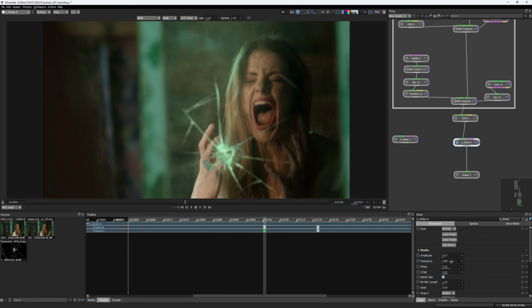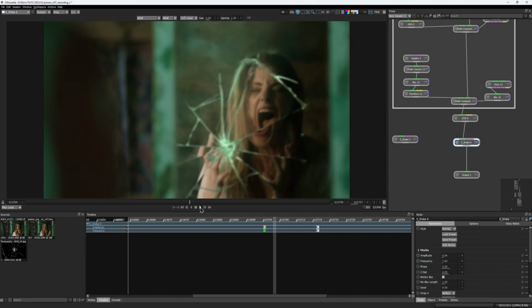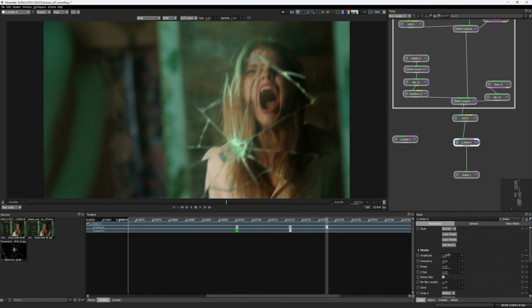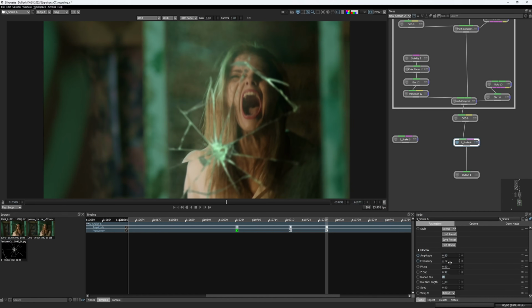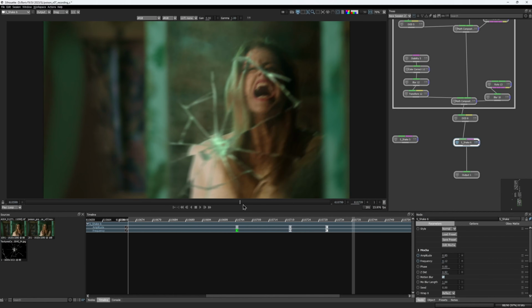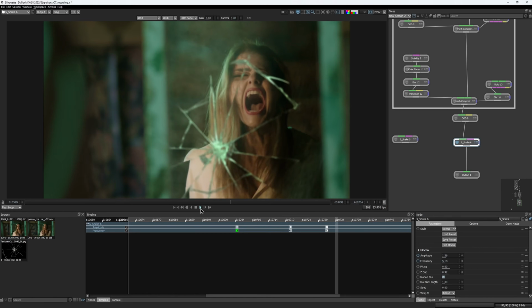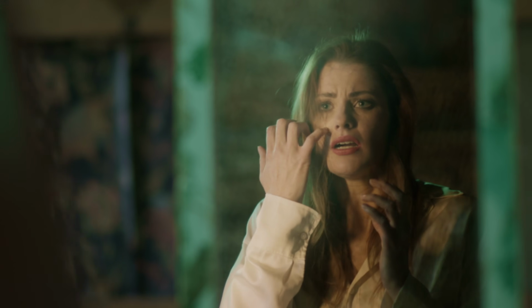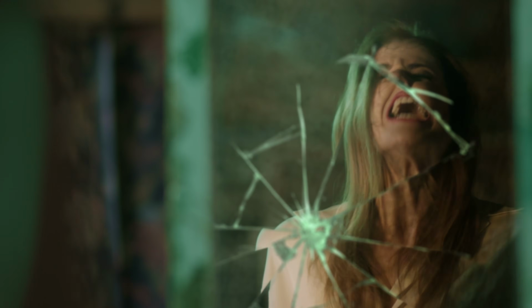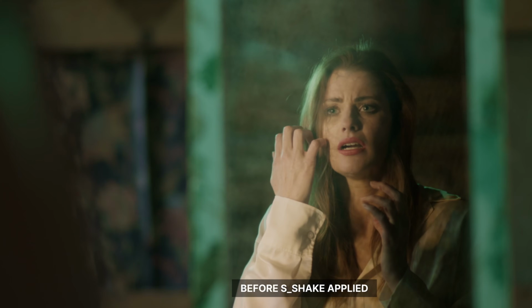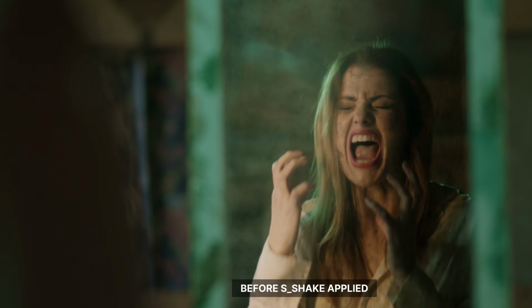The keyframes were created automatically. Then I scrubbed forwards and repeated that. Added two more keyframes with lower parameters after our main peak of shakiness has already happened. And what it gives us is a slightly nervous camera in the beginning, then it goes wild, and then back to normal. The shot is much more dynamic now than it was while being static.